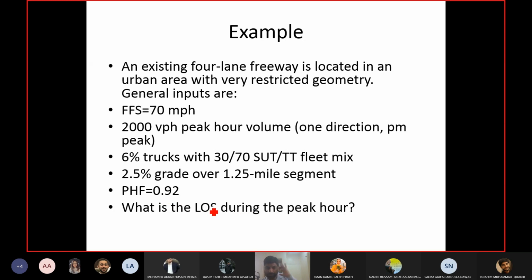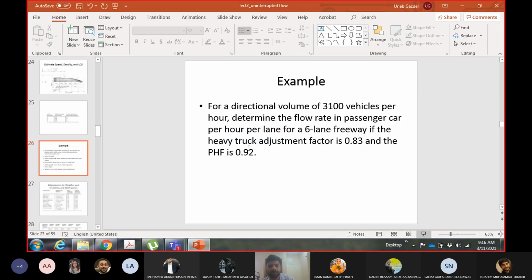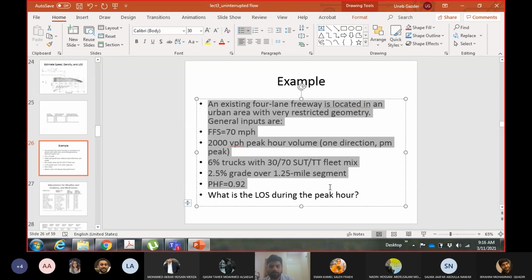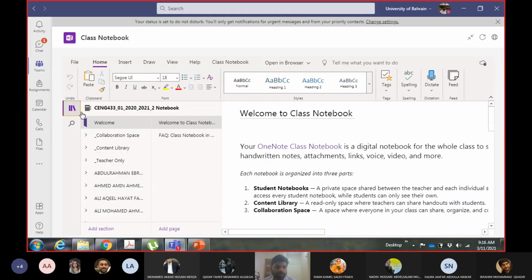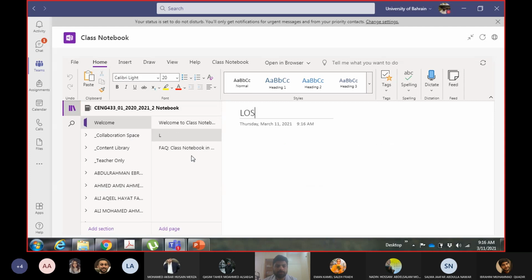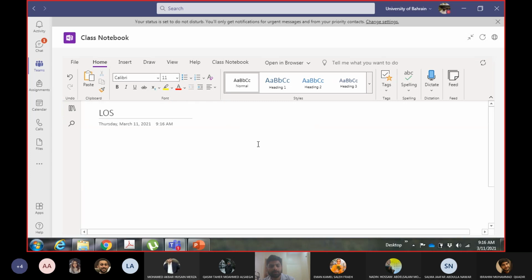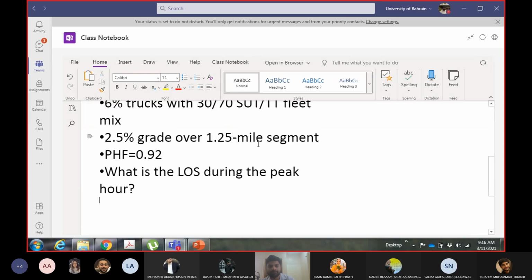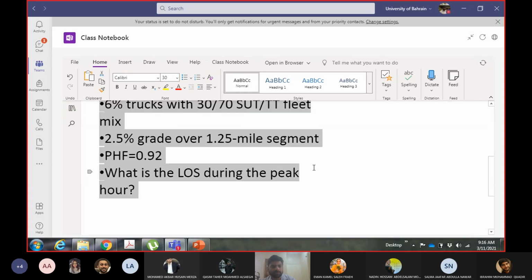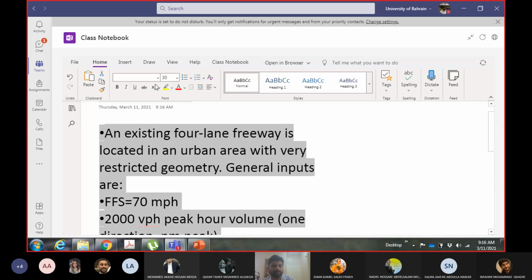Okay, so free flow speed is given. The second thing which we did was find out the capacity. Now let me do something. I'm doing this for the other course as well, so I'm hoping this will be useful for you as well. Level of service: I will be solving it in the notebook, so the benefit will be that it will be saved with you.